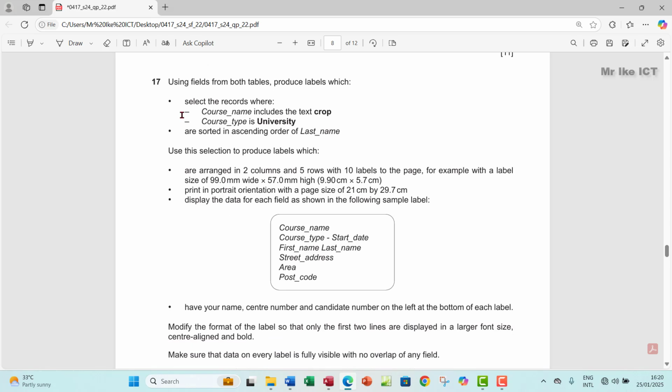Let's go up to 17. 17 says, using fields from both tables, produce labels which select the records where course name includes the text crop, course type is university, sorted in ascending order of the last name. Use this selection to produce labels which,